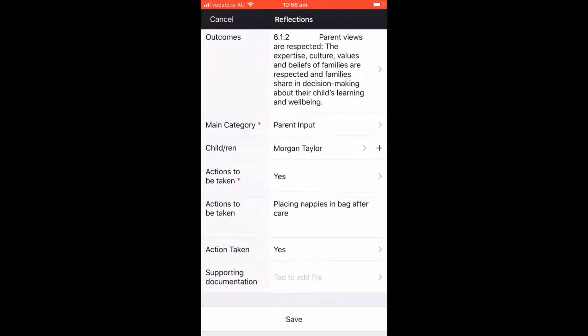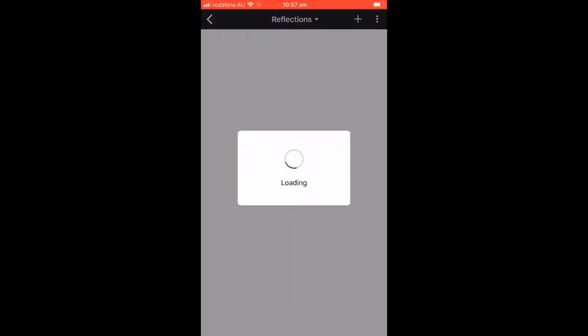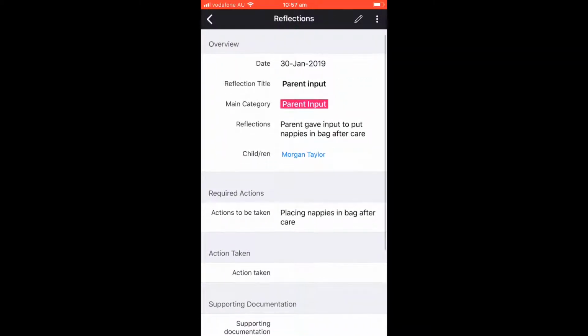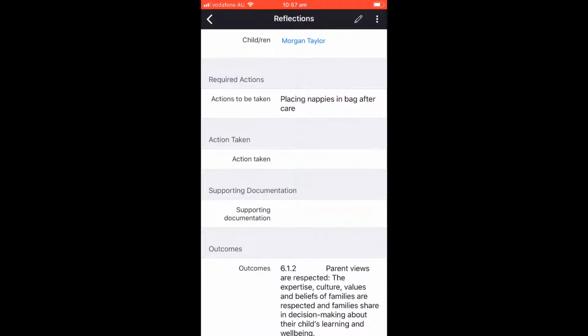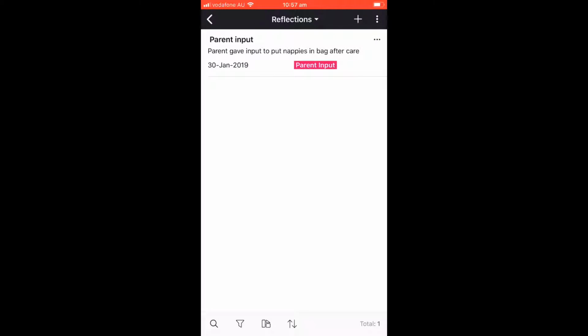Do I want to attach any supporting documentation? If you really wanted to, you can take a photo of what you have done, or no, and then just add it into the TopFormz application. And once you've done that, you can just click on save, and what you will notice is that there is your reflection. And when you click into it, it will give you an overview of really what it is, what the main category is, what we're supposed to do, and whether action has actually been taken. And that's it for